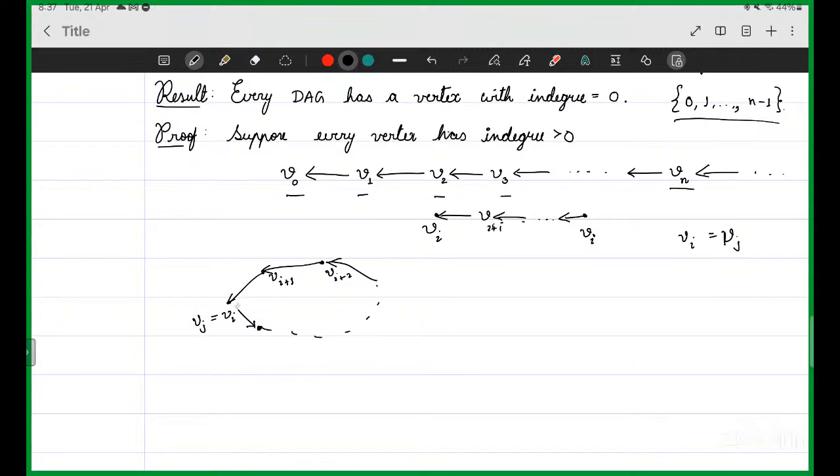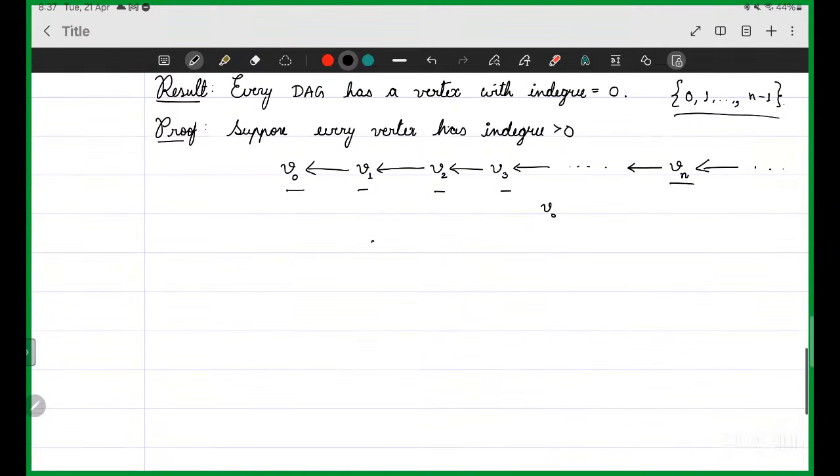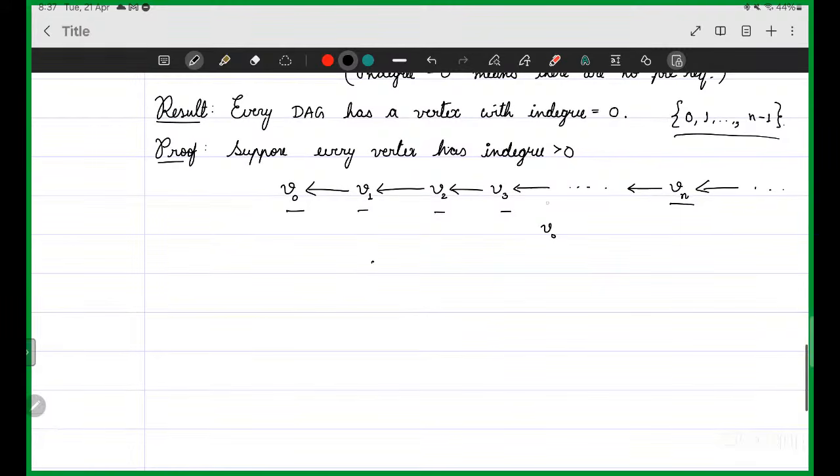If this is confusing, let us just look at these n vertices. There are n vertices over here. Well, it need not be V0 always, right? So, yeah, there is a repetition. Assume that repetition is the V0 coming over here somewhere. What does that mean? That just means that you have started with V0, V1,